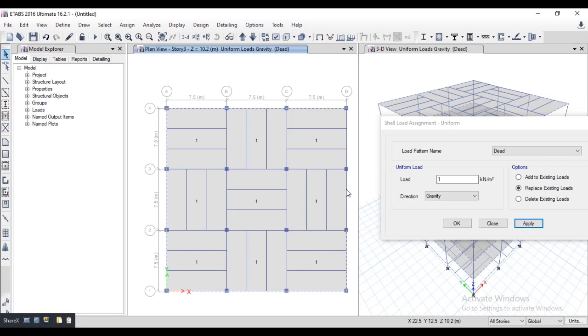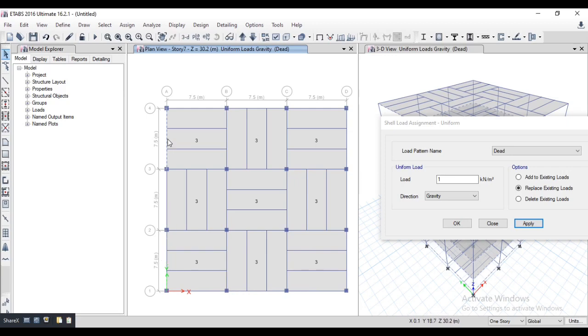We are assigning wall load only on the outer main beam. Then deselect, then again go to one story and deselect here. This is the terrace level.